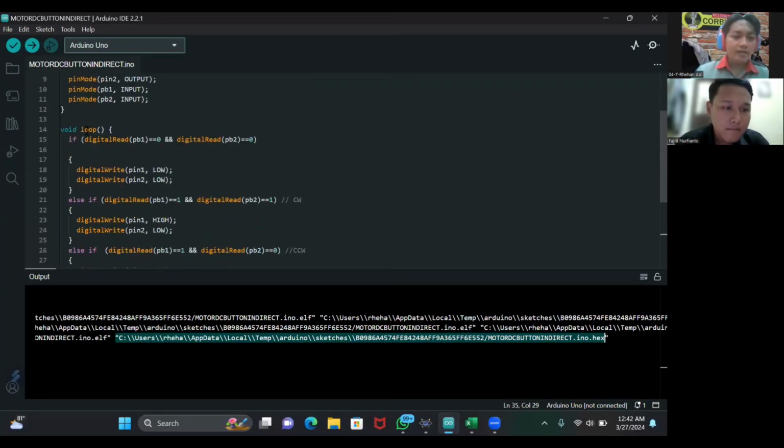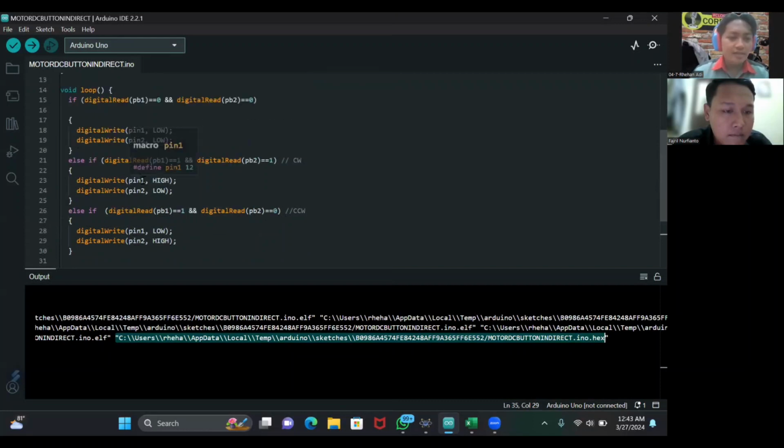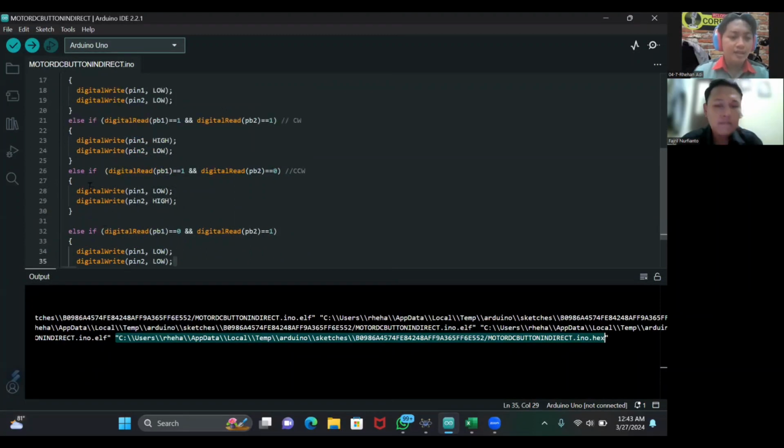In the void loop, if digitalRead PB1 is low and digitalRead PB2 is low, then pin 1 is low and pin 2 is low. Else if PB1 is high and PB2 is high, then pin 1 is high and pin 2 is low.